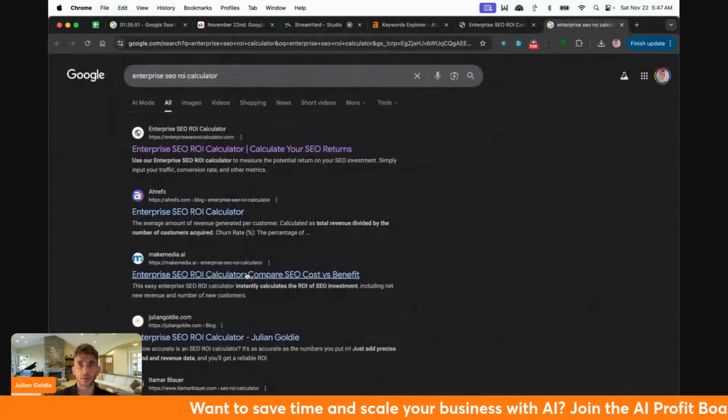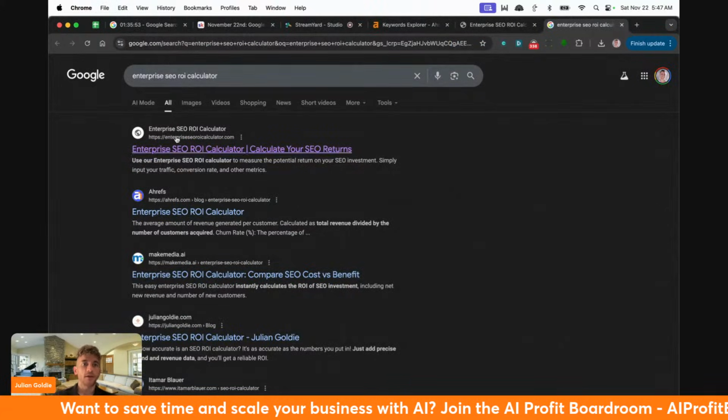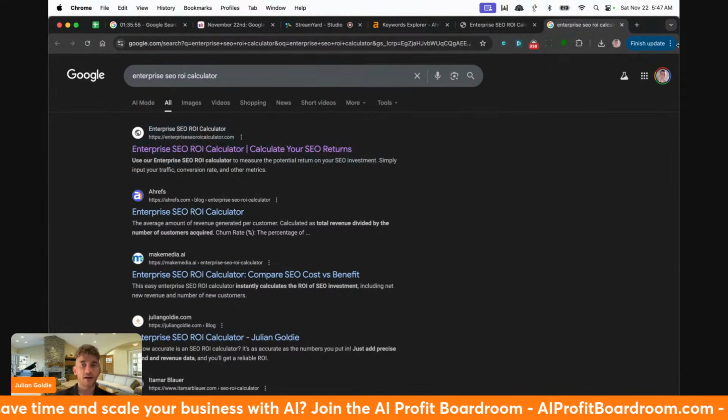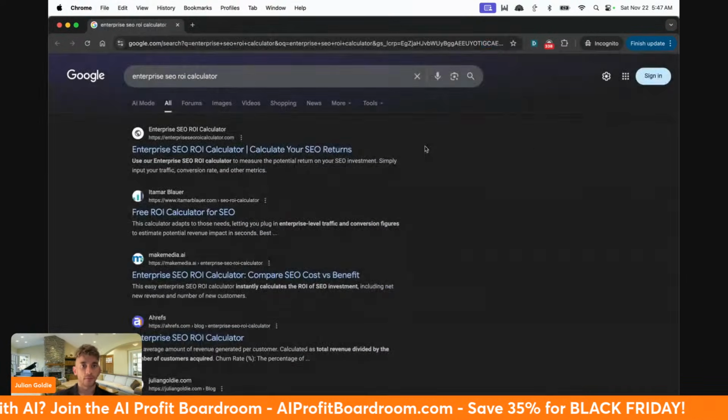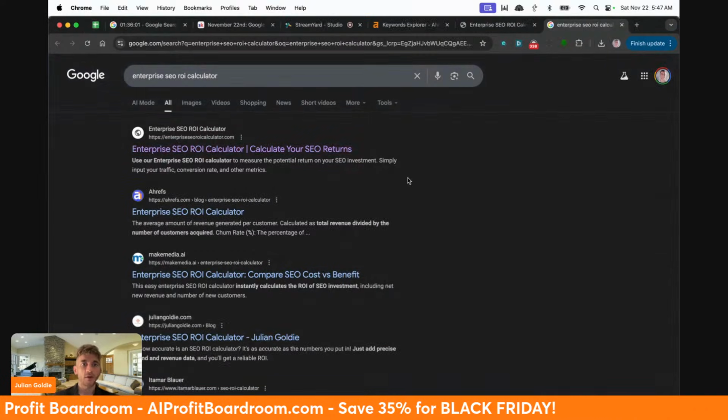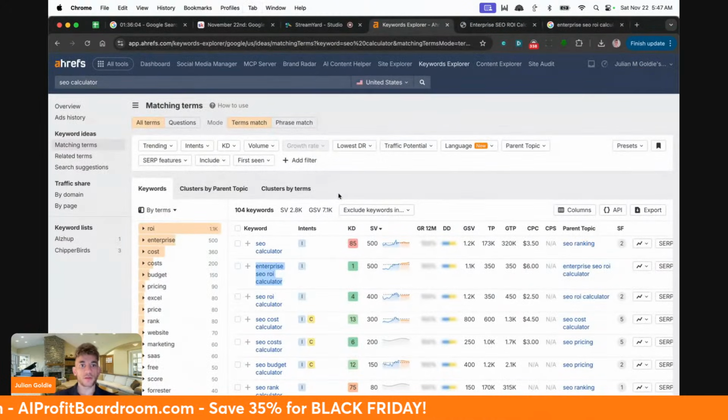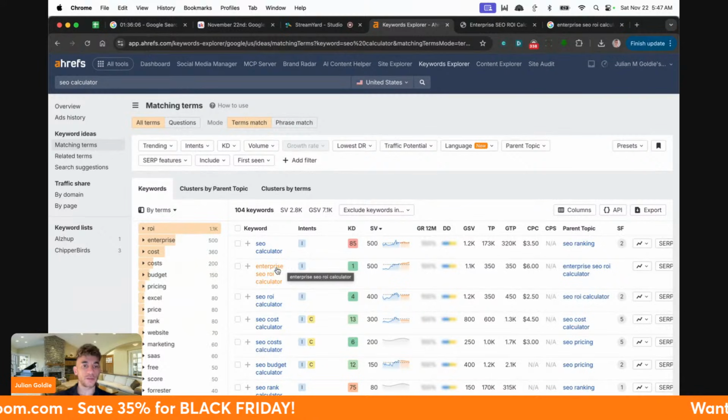So if we go onto Google here, you can see us ranking #1 even after we coded it about a year ago. Let's open this up in a new incognito just to make sure. Yes, you can see us ranking #1 for that keyword, right? And the way that we did this and vibe coded it out is we actually used Bolt previously, but basically what